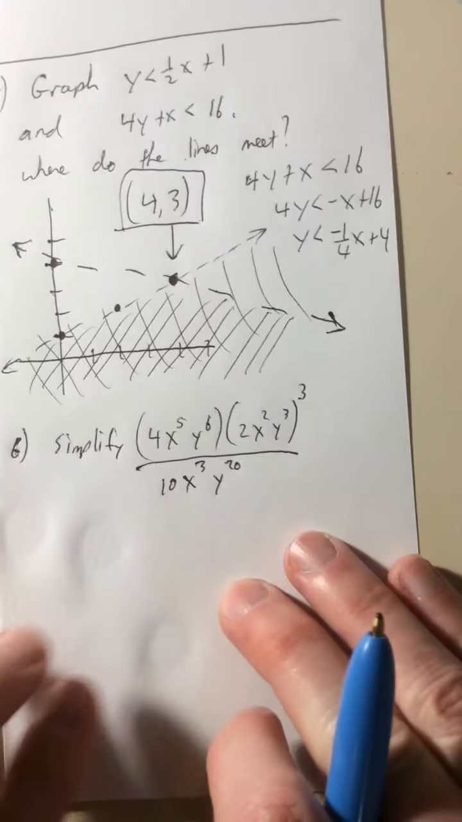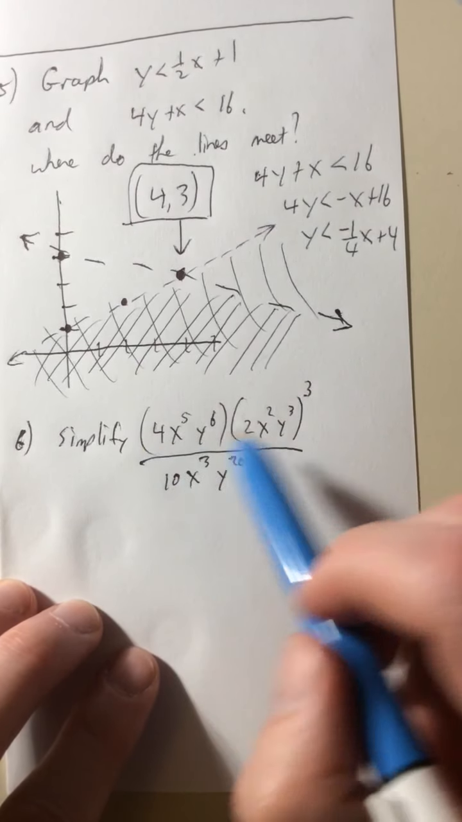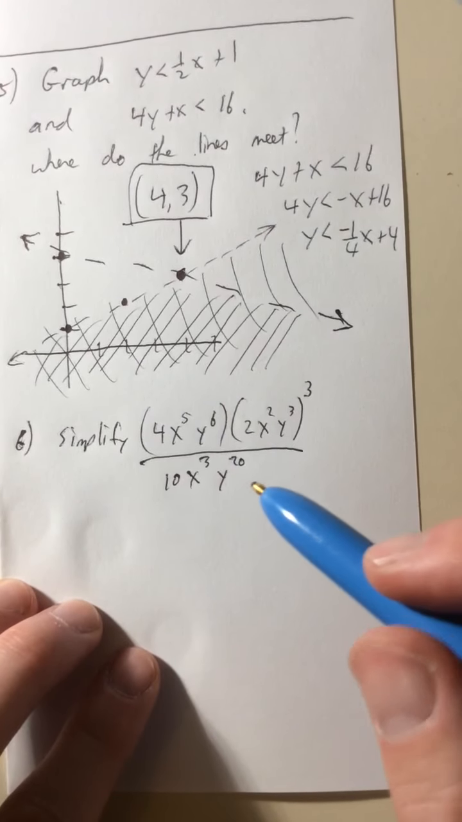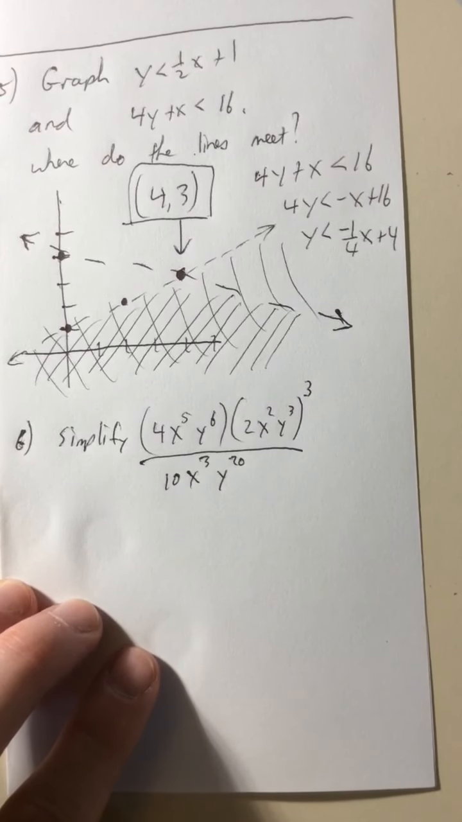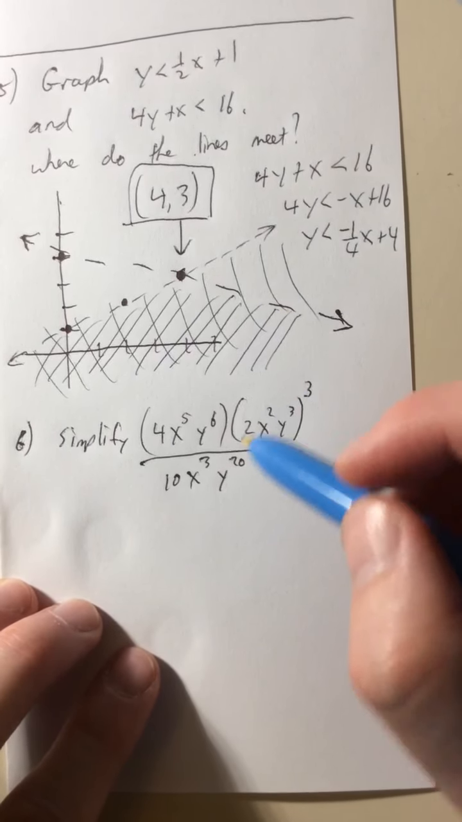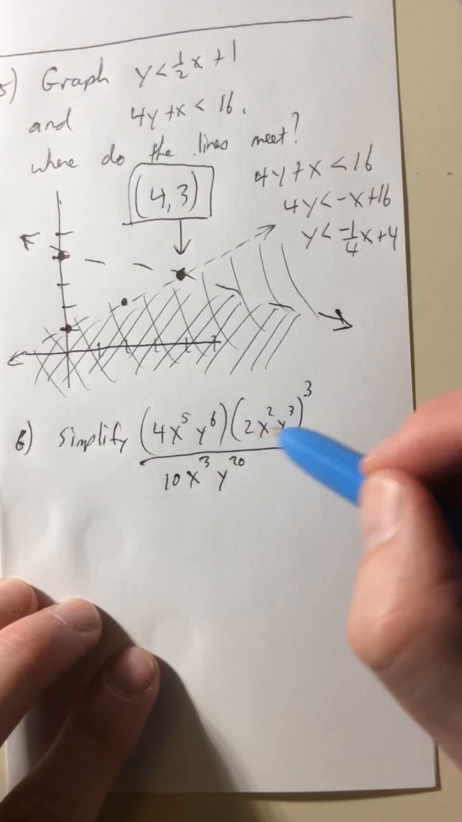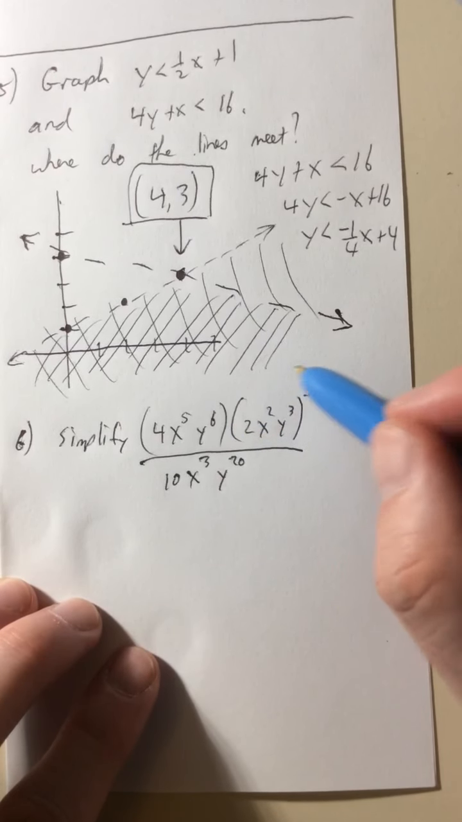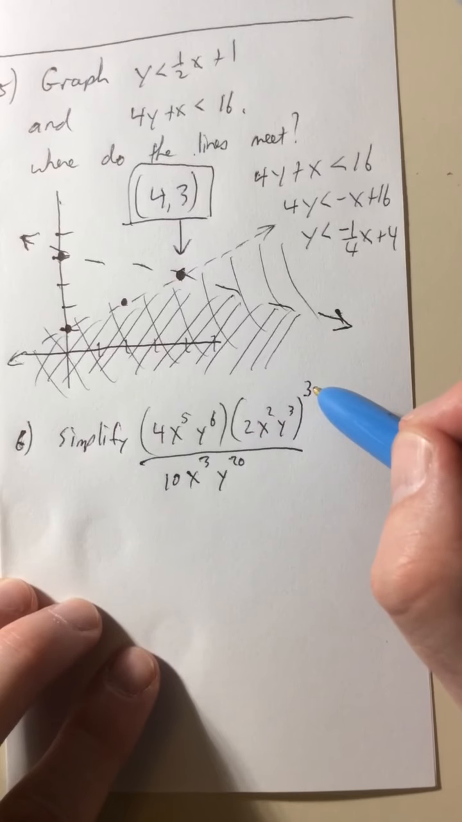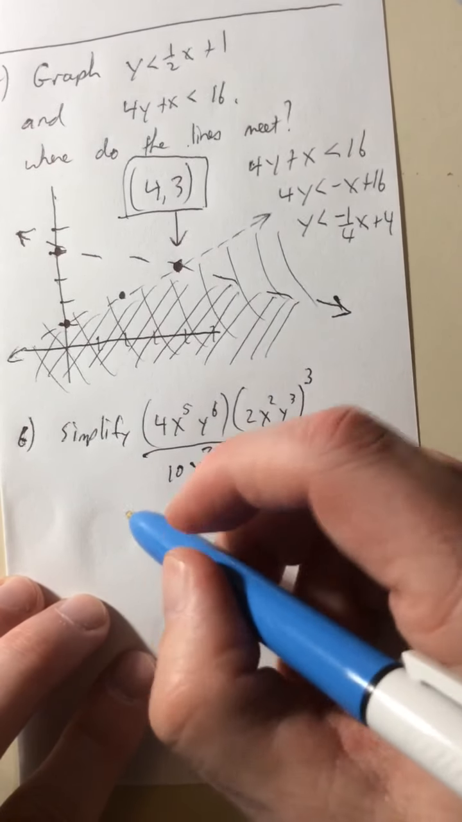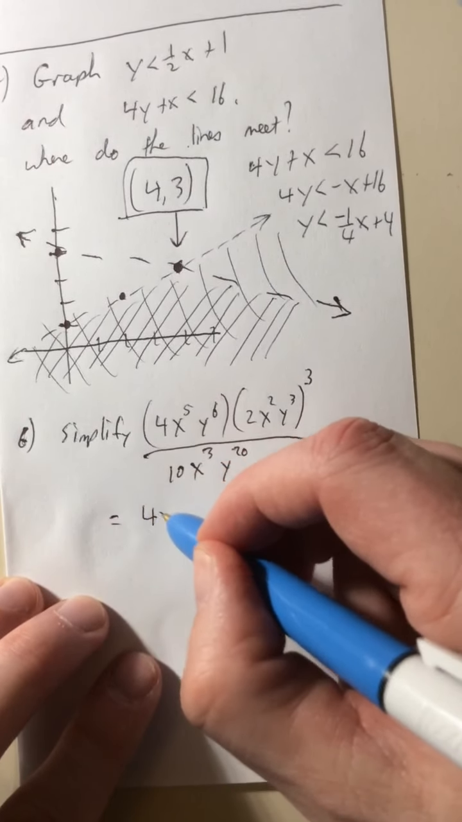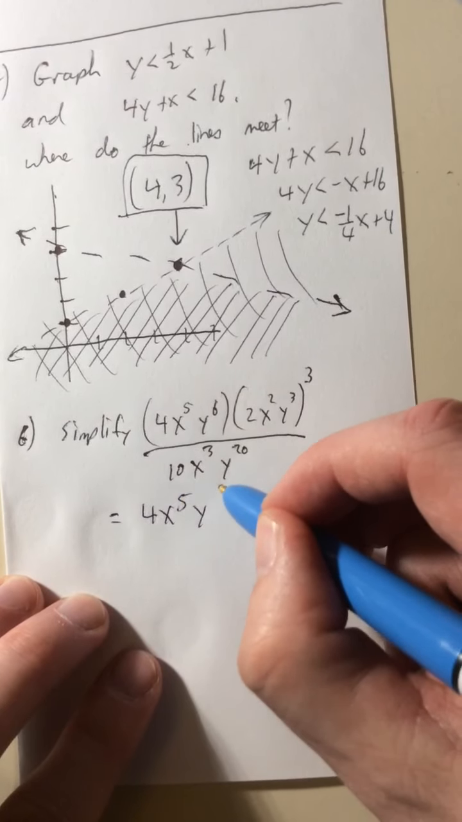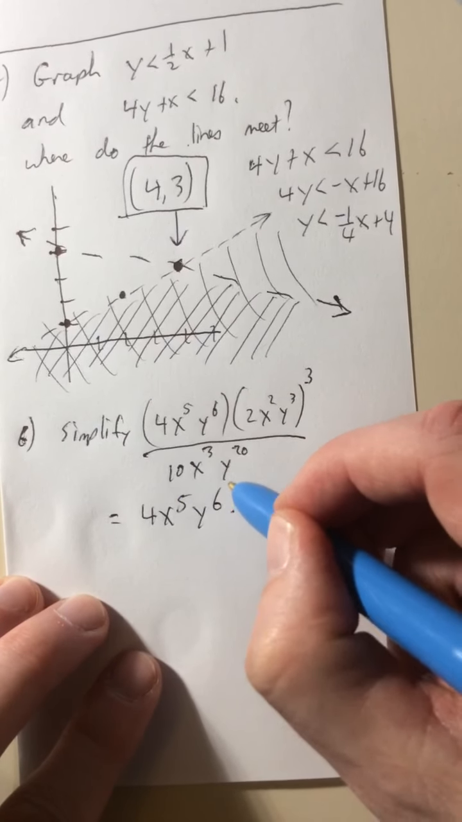Okay, almost there. So we want to simplify this with some exponents, and for some of you this is a good little review, because some of you struggled a little bit on the test with the exponent thing. So order of operations again tells us to do the exponent up here, because that parentheses is raised to the third power. So we're going to have 4x to the fifth, y to the sixth, times,